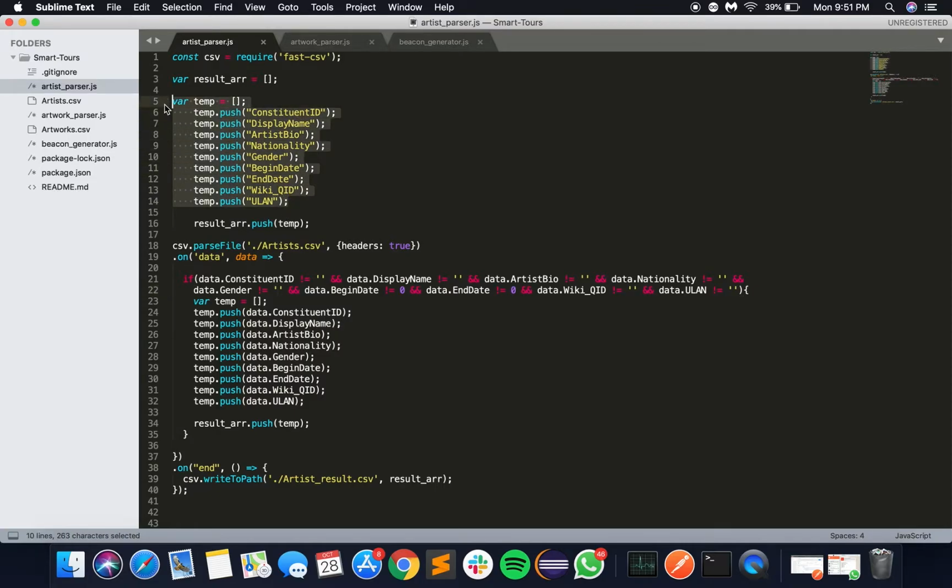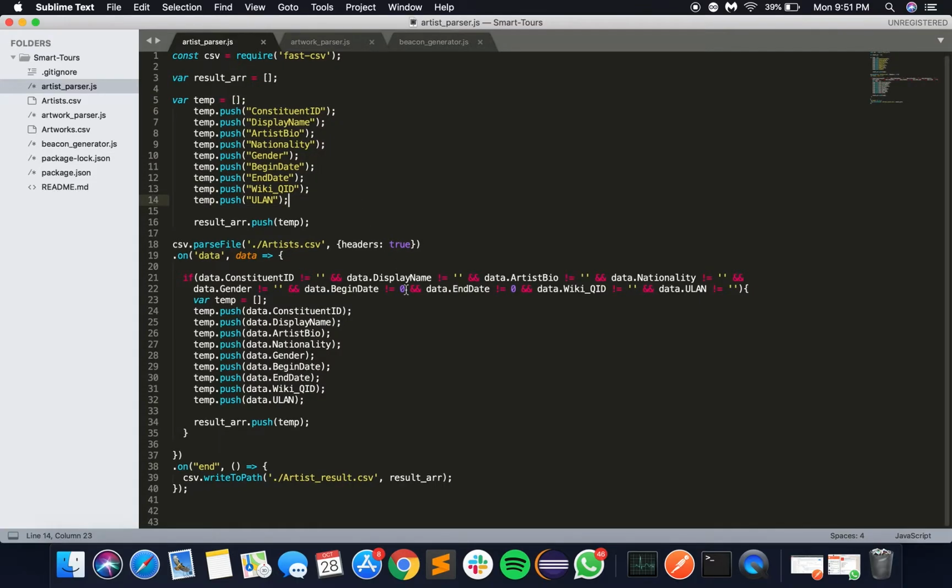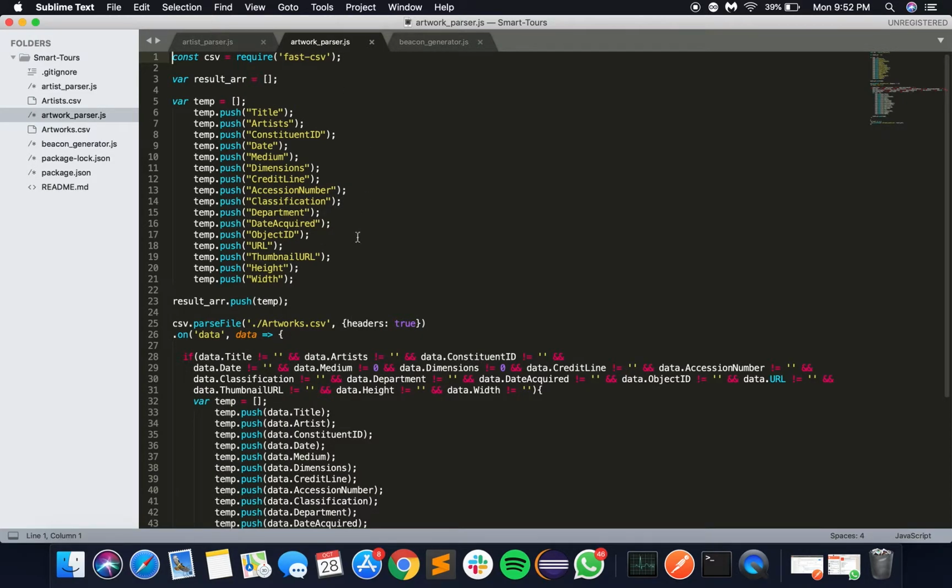We don't want all the fields. These are the fields that we want, and I'm running a basic check on all the values to make sure that none of the values are null. If any of the values do not make sense or are empty or are zero, it would not allow those entries to be entered into the resulting CSV file, and then ultimately I'm just storing that CSV file as artist_result.csv. Same way for the artwork parser, here I'm using the artwork.csv file, which is over here, and it